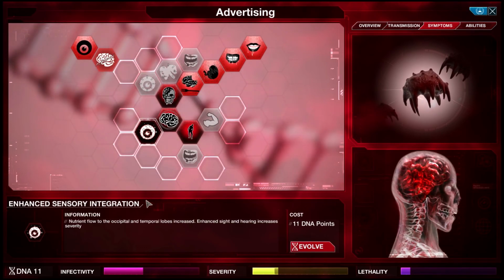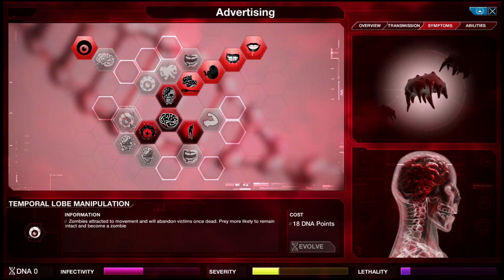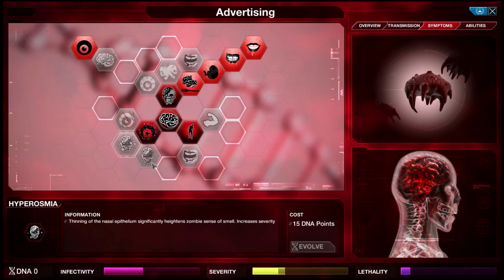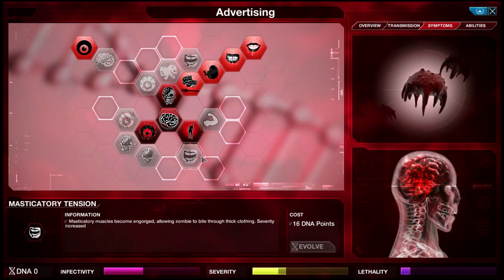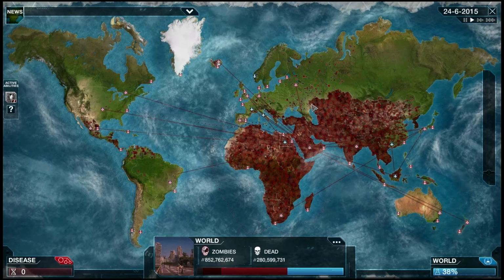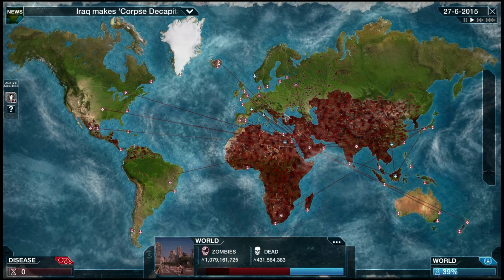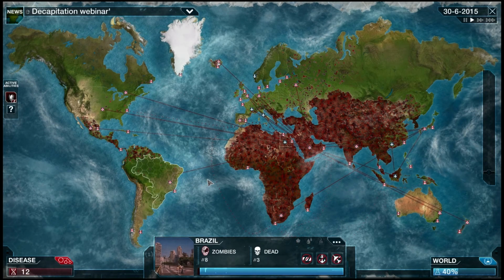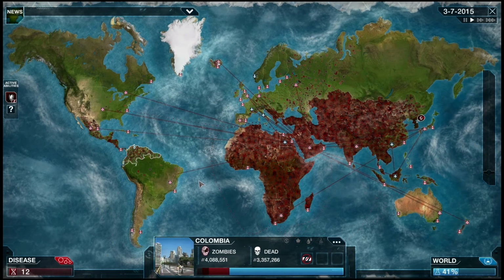Symptoms, we can get that. Increases severity. What else do we have here? Prey more likely to remain intact, become a zombie. Increases severity, increasing alertness, and etc. Alright. I want to keep going through that if I can, because usually I go purely for abilities, and it is nice to be able to move the zombies around heavily, but I'd like to be able to...